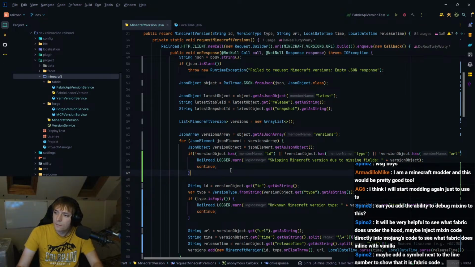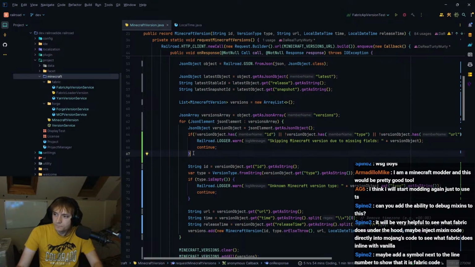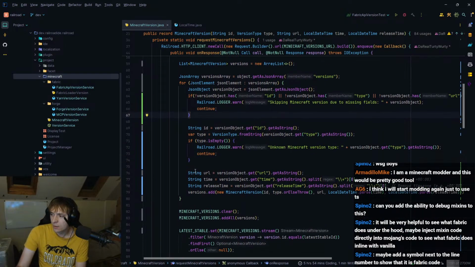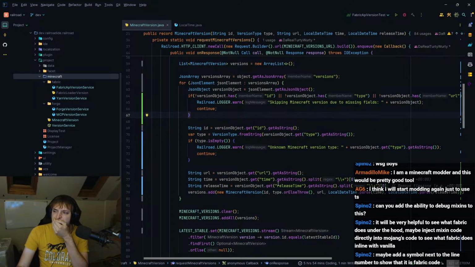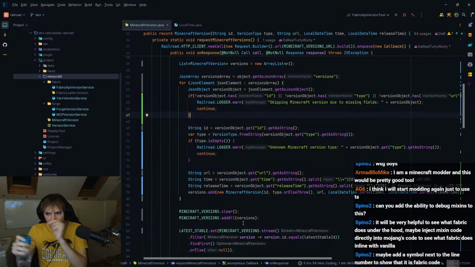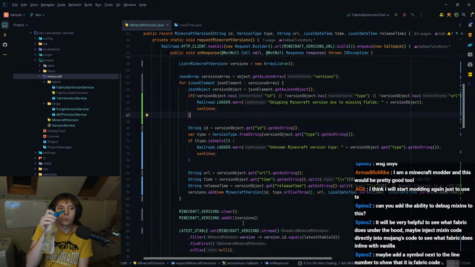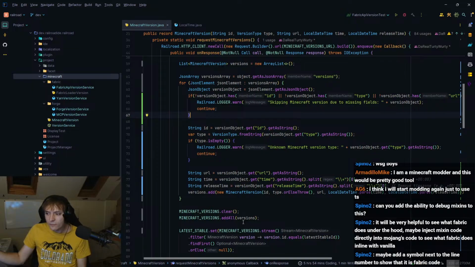That's fine. I should also check the types, but to be honest, I'm just getting a string anyway, so that should be fine. Because I think it just turns other primitives into strings if they're not a string, so that's fine.